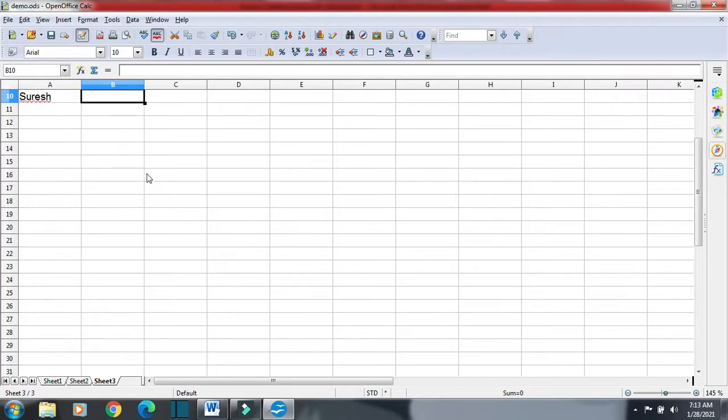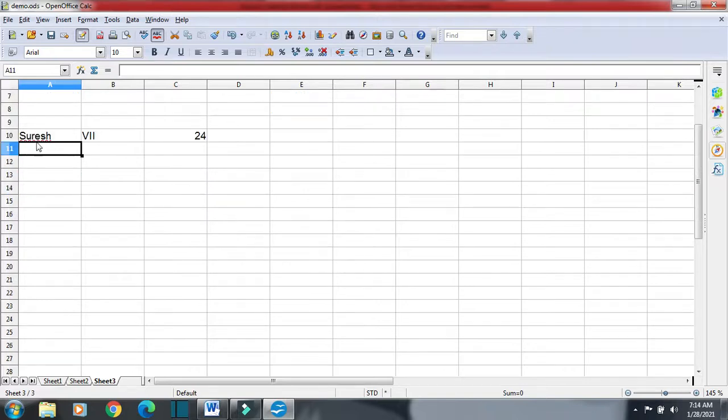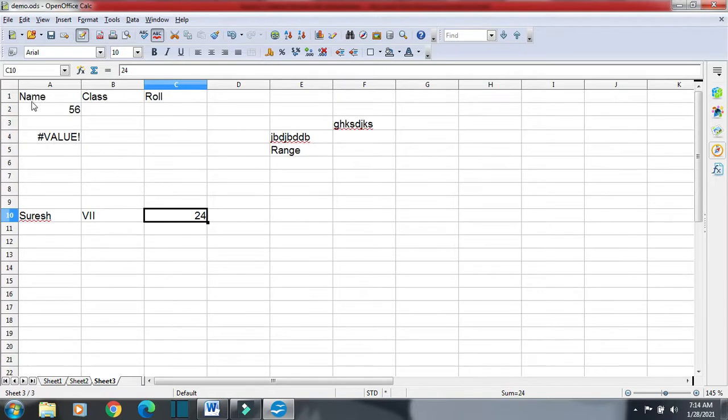Okay, then we have class and then we have the roll number. But if we move, then we are not able to find what the value is about. So we can go for freezing the panes. We can go for freezing the top row or multiple rows at the same time.